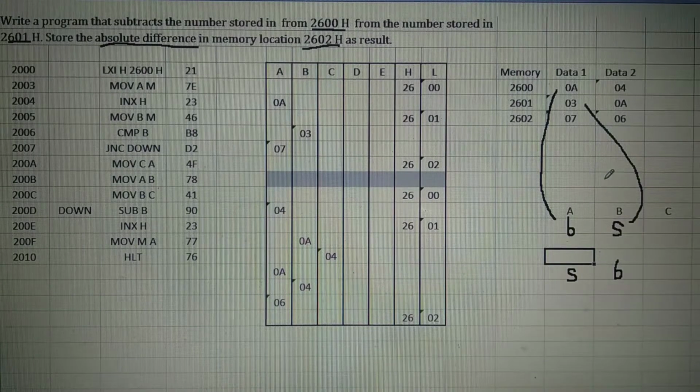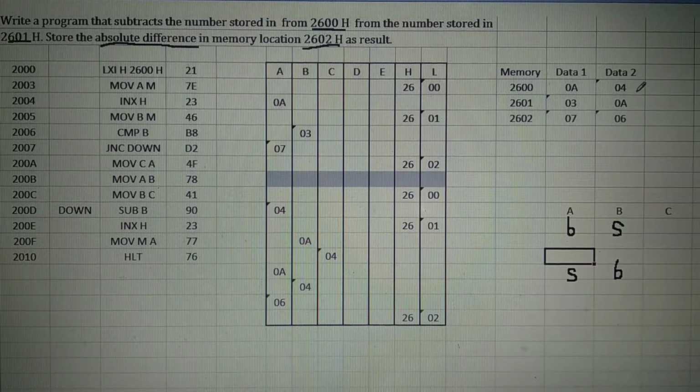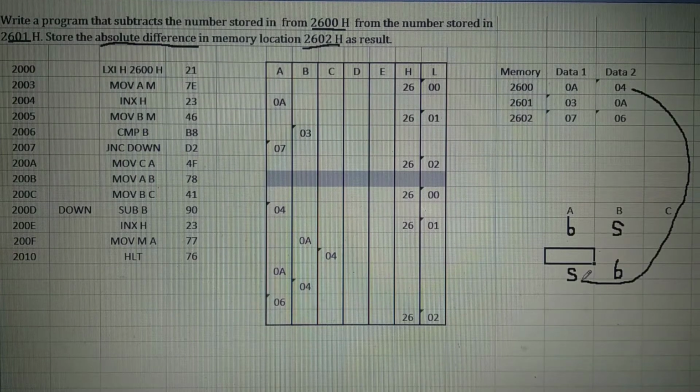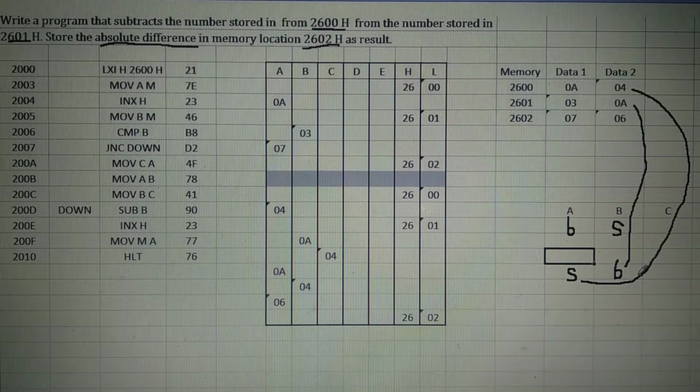But suppose the reverse is the case. The second case is that the smaller number, from the first memory location, we have taken in the accumulator, and the bigger number is in register B. At that time you have to swap the numbers.